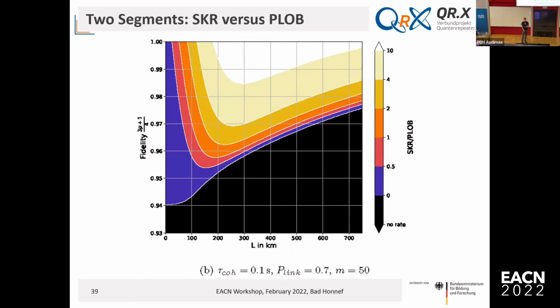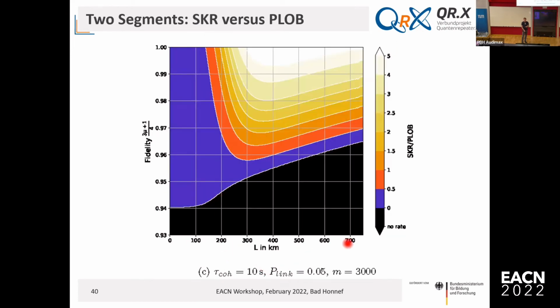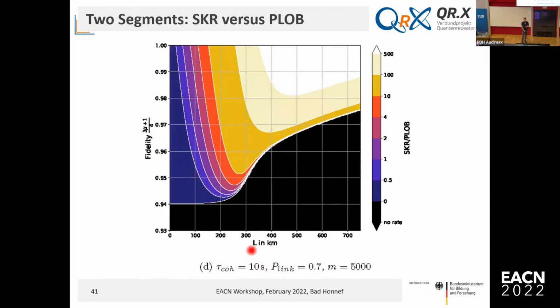Here it's, well, bad, good, good, bad. And then here is the plot where we have a fairly high coherence time and a good link coupling. And you can see there's a big area here where we're much better than the PLOB, the secret key rate divided by PLOB around 500. But this is also something Christoph mentioned. You have to bear in mind for such distances, 700, 800 kilometers, PLOB is like 10 to the minus 16. That means an improvement by an order of magnitude of 100 brings this down to 10 to the minus 14, 10 to the minus 13. So in absolute terms, this is still a bad rate, but that's clear because this is a very big distance,